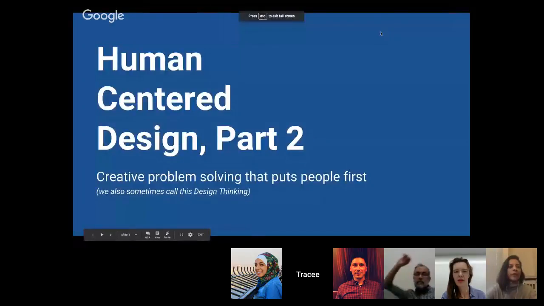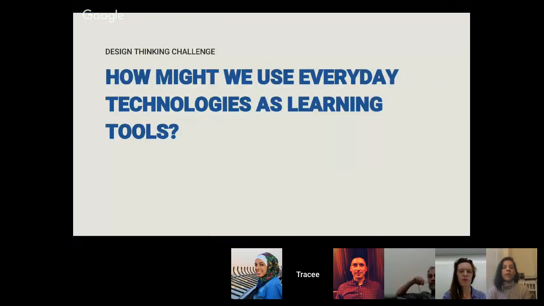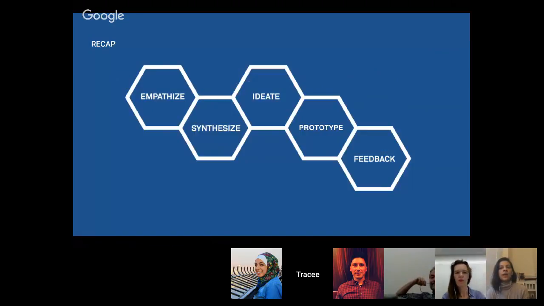Oh, perfect. So just to give you a quick recap of what we did yesterday, we are going to spend today solving a very specific challenge, but we're going to follow the same process. So if you remember, yesterday we started with empathize, and that was really getting to know or putting yourself in the minds and the eyes and the shoes of other people.